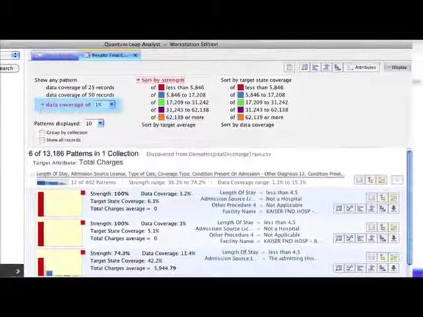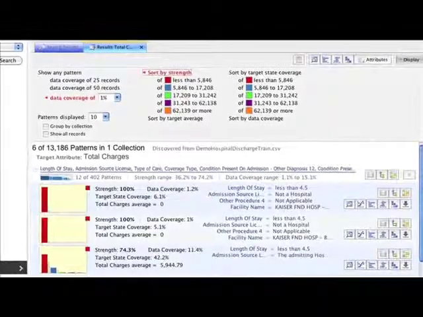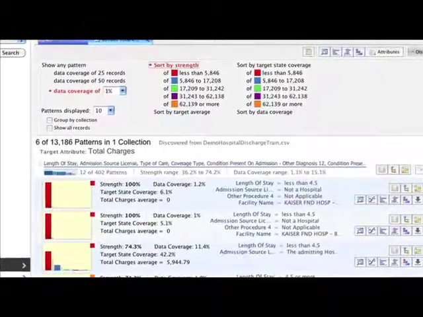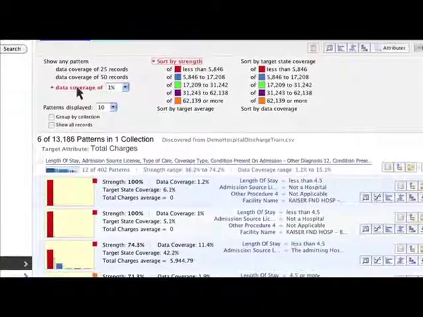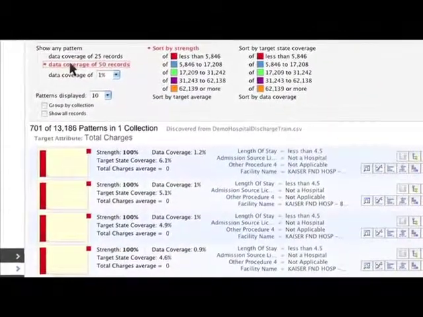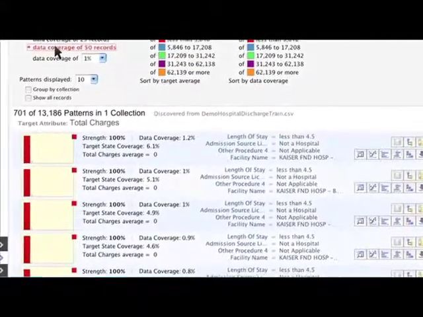Currently, you can see data coverage of 1% is highlighted. This means that all the patterns in the results list are those covering at least 1% of the data. Let's try another option, data coverage of 50 records. As you can see, the list of patterns is increased significantly as patterns that have a lower threshold of data